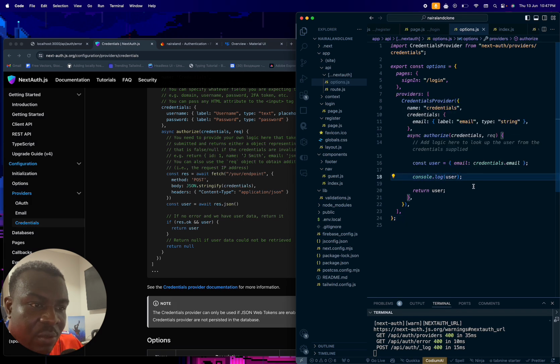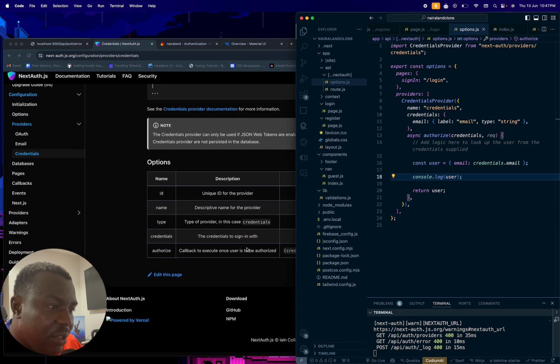I even tried to console log user here and it was not working. So what could be the remedy for this? Because the email we're using here was in constant user equals to credentials.email, which is supposed to be this credentials email that we're getting, right? Credentials.email. I will console log that email. So now that we're returning the email,